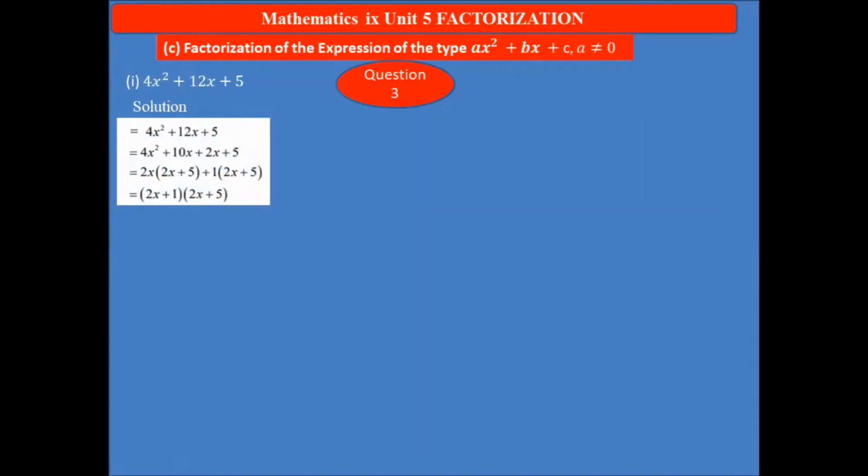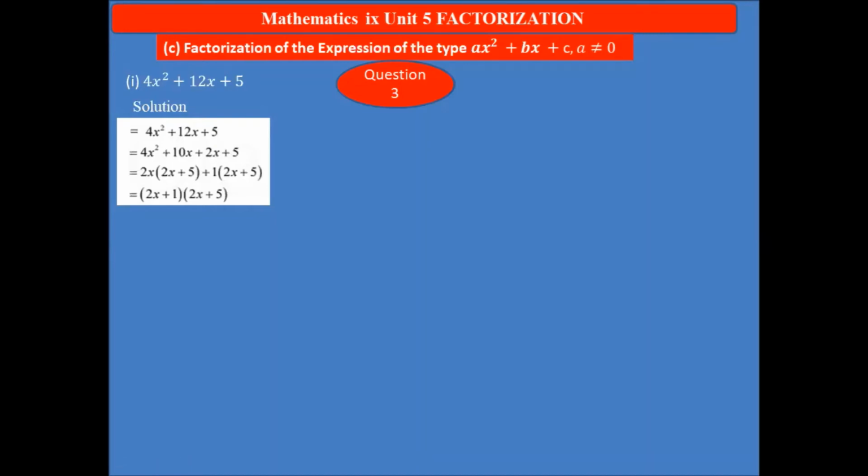Now I am just taking the factors. You have to do the same process which I have discussed in question number 2 in great detail. Just divide with 1, divide with 2, divide with 3, all the divisors of that number, and find the required numbers. So here we have 10 and 2, and these are the two required factors.